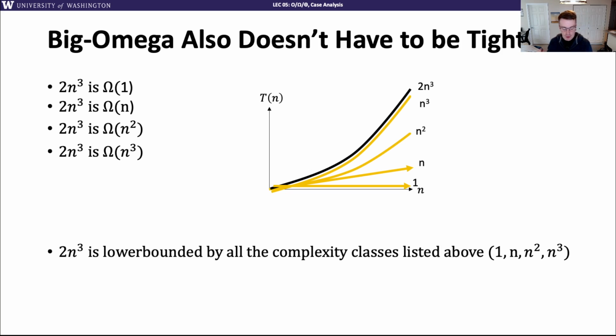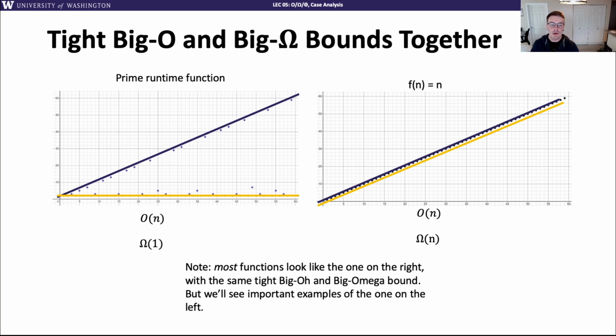But if you find tight bounds for big O and big omega, it tells you a lot about the functions. So consider our printing example on the right. f(n) is equal to n. We showed earlier that it's big O of n, and this will also be big omega of n, because it's going to be lower bounded by this function. Notice it's also big omega of 1, but